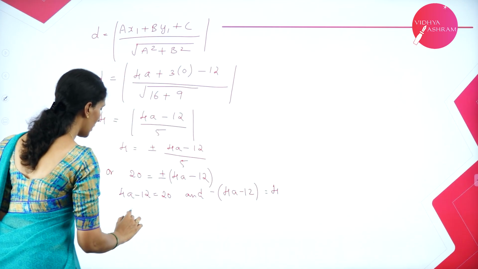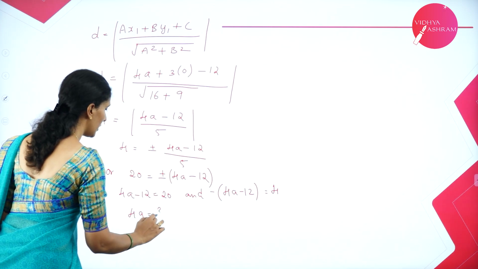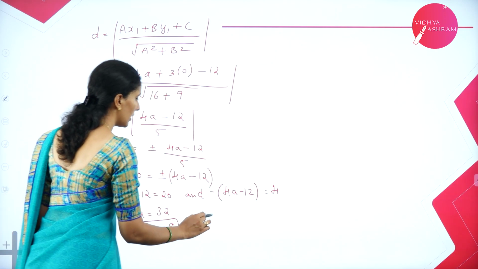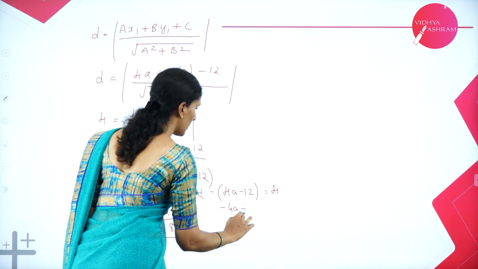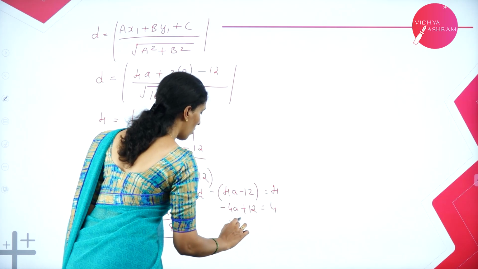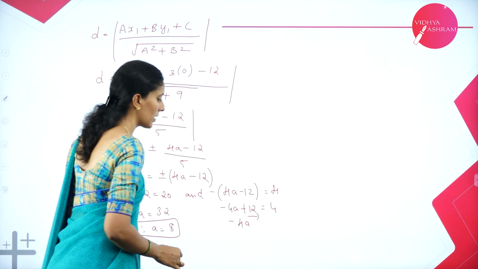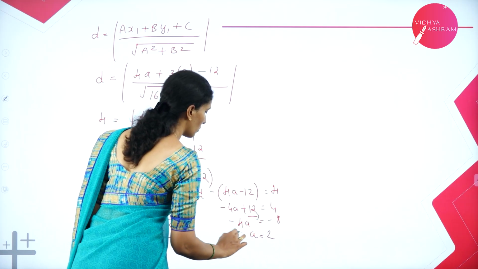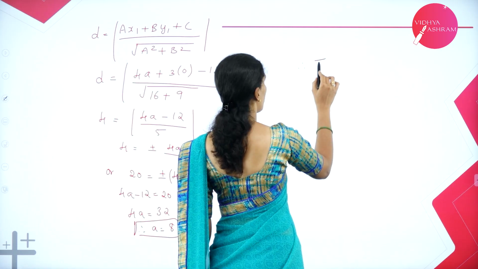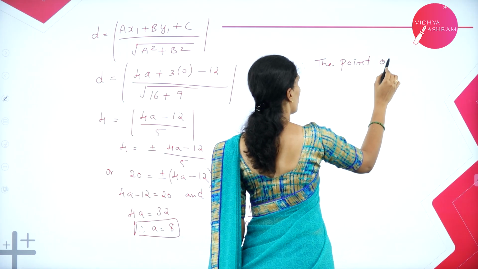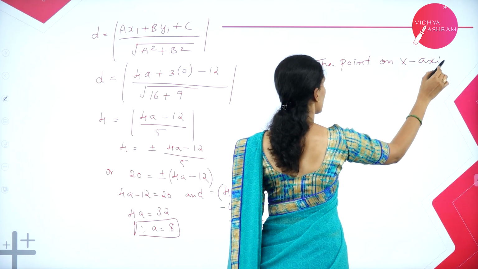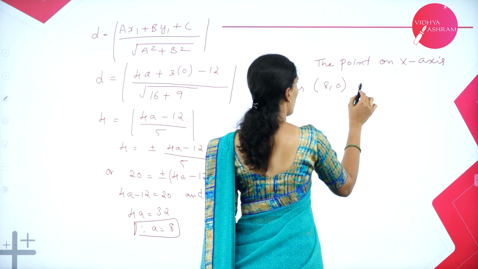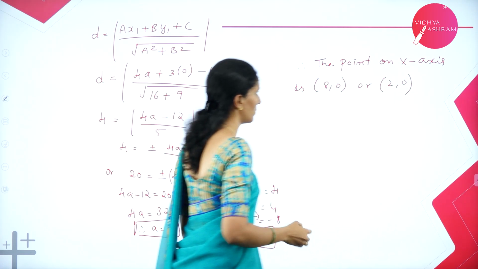So solve this, you will get 4a is equal to 32. So therefore a is equal to 8. Here you have minus 4a plus 12 is equal to 4, or minus 4a plus 12 goes that side, it becomes minus 12, which is minus 8. So therefore a is equal to 2. So therefore the points on x-axis are one is 8, 0 or 2, 0 and